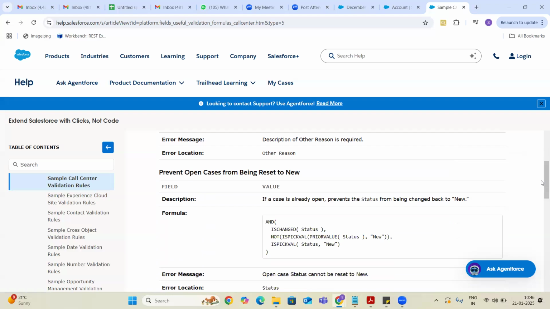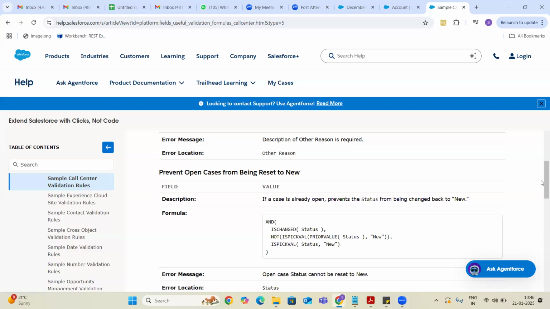So another important scenario is to prevent open cases being reset to New. Okay. Basically, whenever a fresh case gets created, the status is always New. After that, it can move to other statuses, right?